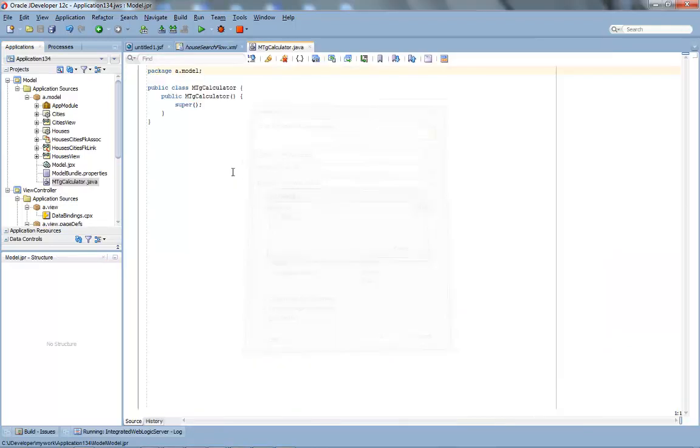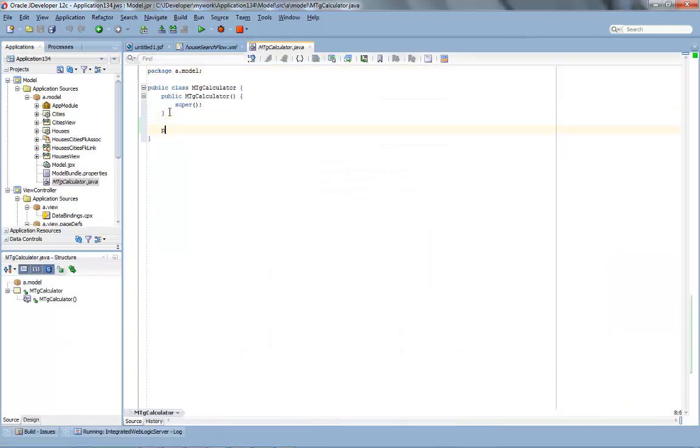This would be our mortgage calculator, and we're going to create a simple method here and for now we're just going to return a fixed value. Of course, you can put in a lot of logic inside this method. The idea here is to show you that we can take any Java class that was created and very easily